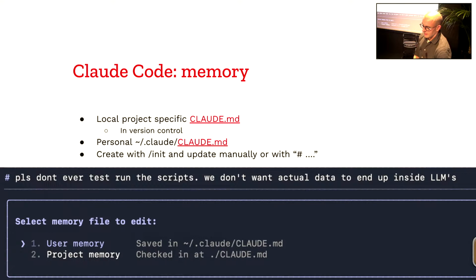And then Claude has memory, which is also automatically loaded up into the context, meaning every command I give Claude, it will read the context file.